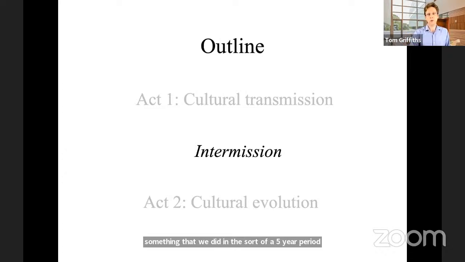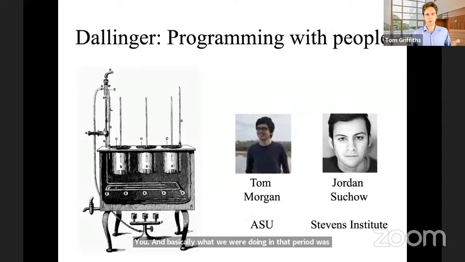And basically what we were doing in that period was developing better methods for engaging with these kinds of questions. And so working with Tom Morgan and Jordan Suchow, as well as a bunch of other people in my lab, we developed a software platform called Dallinger, which basically allows you to run complex algorithms, distributed computations, with humans that we recruit on the internet, right? So we recruit